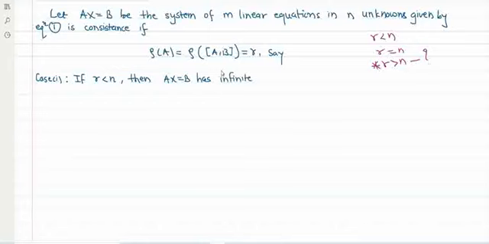Has infinite solutions. How to find that, I will explain through an example. Infinite solutions, and the parameters are given by, you have to identify the parameter. Parameter is given by N minus R, where N is the number of unknowns, R is